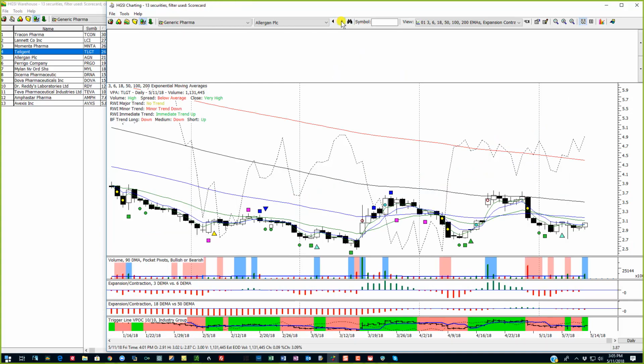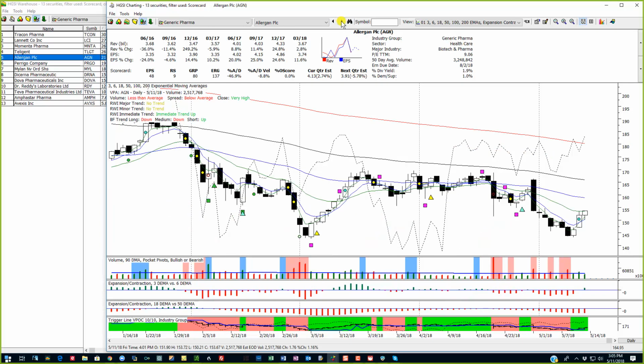I don't like this one, obviously. This is Allergan, $155 stock. It's been coming up off the bottom. There was an effort to rise yesterday, and it followed through. Still in a major downtrend, but if you're looking for a stock that is gaining some momentum, maybe you could take a look at that. If I were playing this one, I'd play it with options. Probably either write some puts or do a credit spread on it, or maybe a debit spread. I wouldn't put a whole bunch of capital out there and